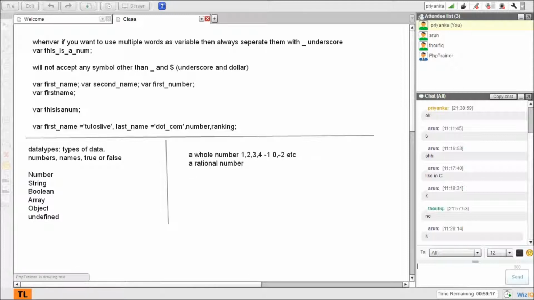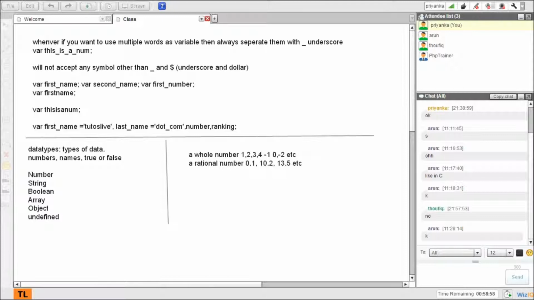If you are familiar with mathematics, rational numbers are the p by q forms, like 0.1, 10.2, 13.5. In JavaScript both of them are described as numbers. Even if it's a rational number, it's a number, and if it's a whole number, it's a number again.